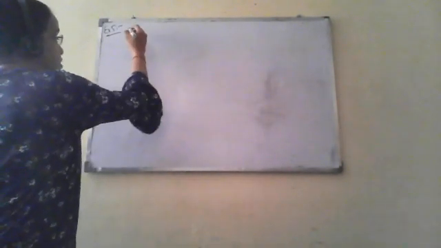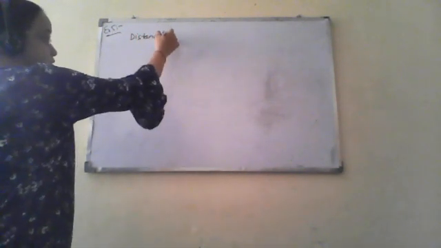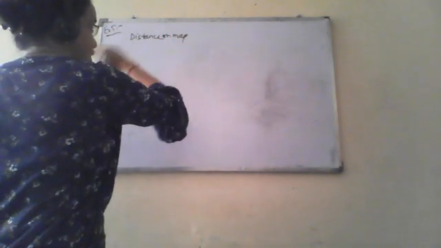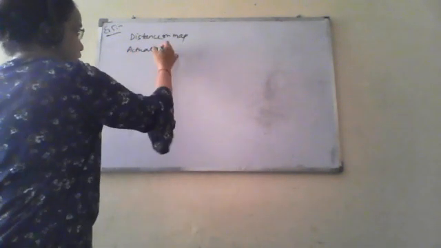The scale of a map is given as 1 is to, this is a ratio, given. The scale of a map is given as 1 is to 3 into 10 to the power 7. Two cities are 4 centimeters apart on the map, find the actual distance between them. Now what are the two things that have been given? Distance on map. What is the scale of the map? That is distance on map upon actual distance. This ratio has been given.